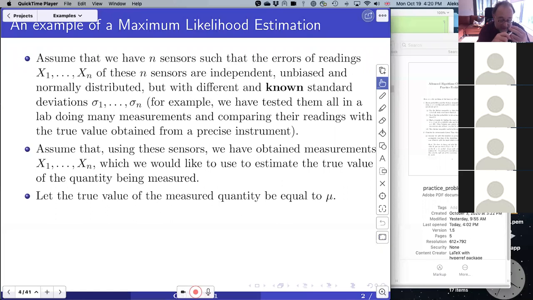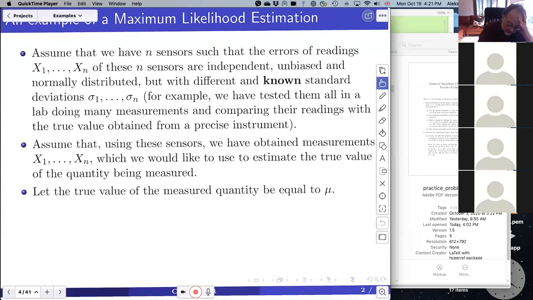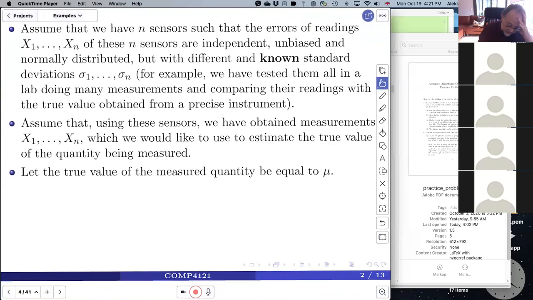And so in this case, it's reasonable to assume that the noise will have a Gaussian distribution, because it's a sum of a very large number of independent variables, and then the central limit theorem tells us that we can approximate it well with a normal Gaussian distribution. Okay, so now,